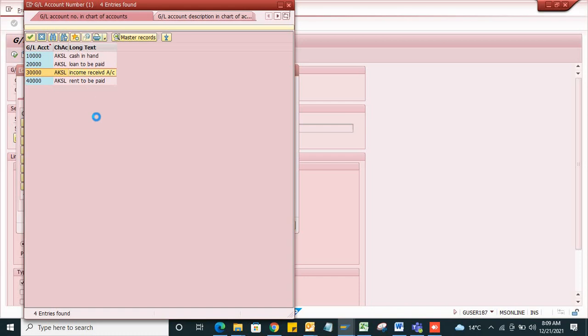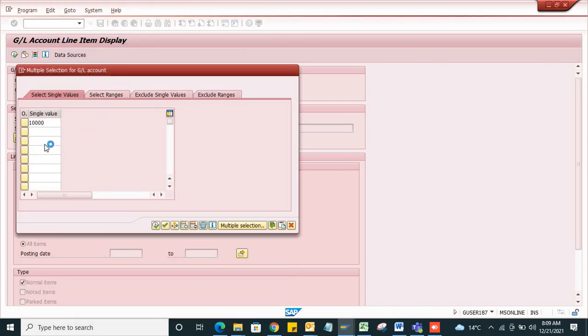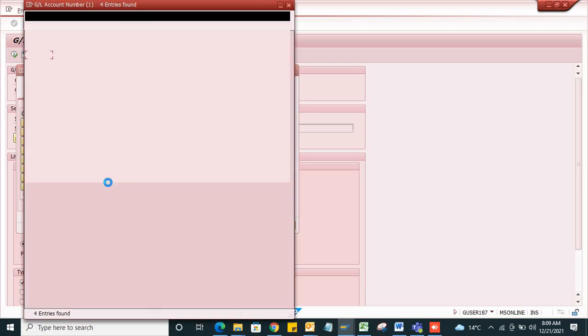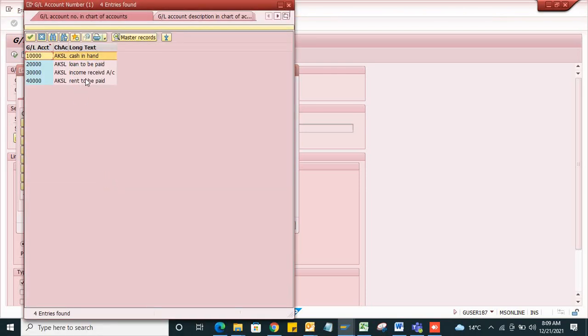Income account, expense account, AKSL. I'm selecting all of these.